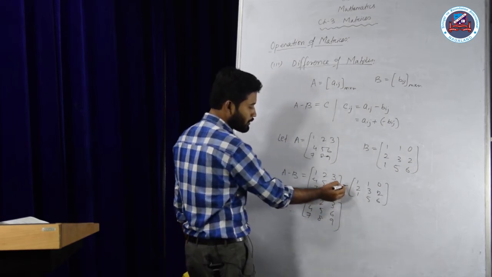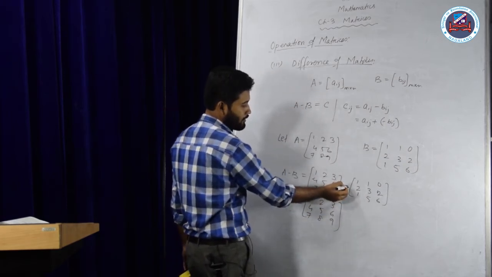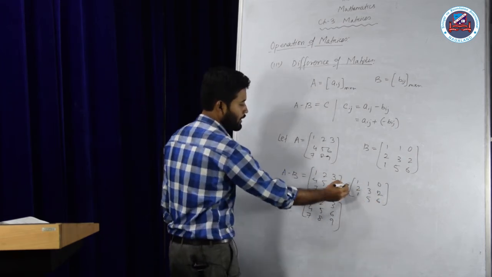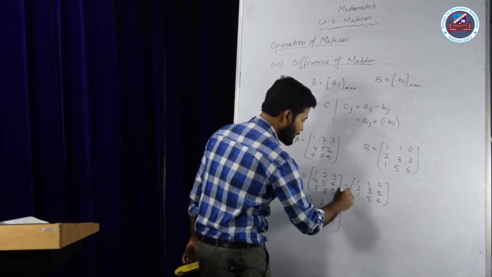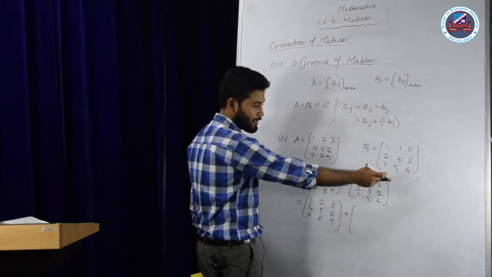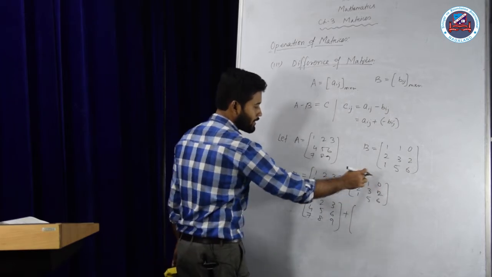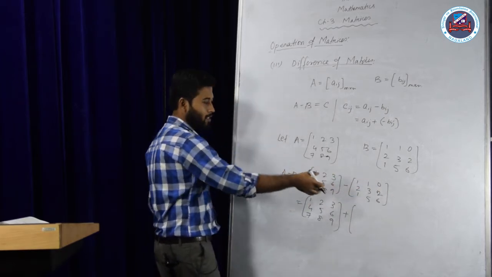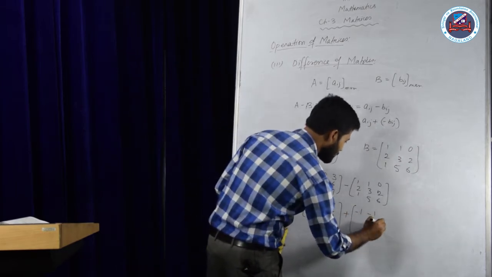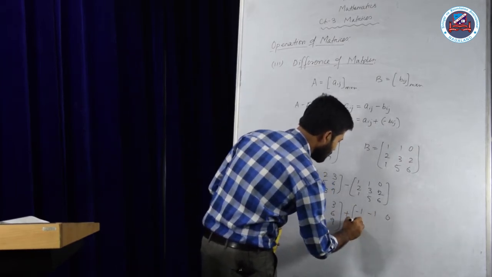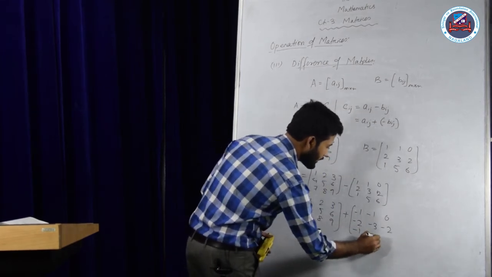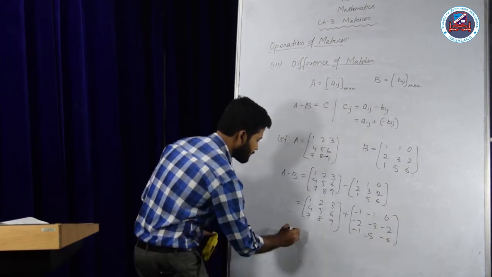And we know that since it is a minus and no number is given here, we can understand that this matrix has been multiplied with a minus 1. So in place of this minus, I can write a plus here, and I can take the negative sign inside. That means I can multiply all these numbers using this minus 1, which is behaving as a scalar. So here we have minus 1, minus 1, 0, minus 2, minus 3, minus 2, minus 1, minus 5, and minus 6.